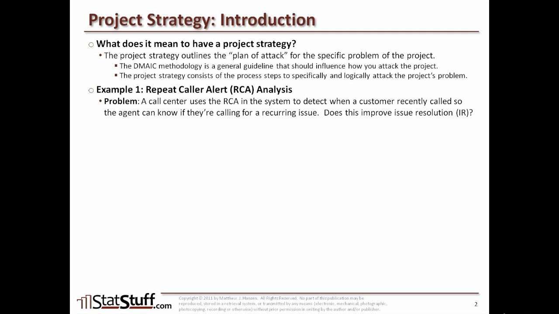If they can see that the customer had recently called in, can the rep or the agent on the phone know ahead of time and help prevent the recurring issue? They want to stop that caller from calling back again if they can resolve the issue correctly up front the first time. So they want to know, does this alert that's in the system help improve the issue resolution,